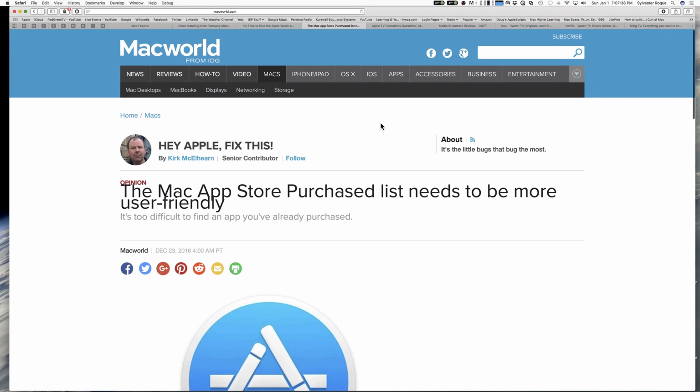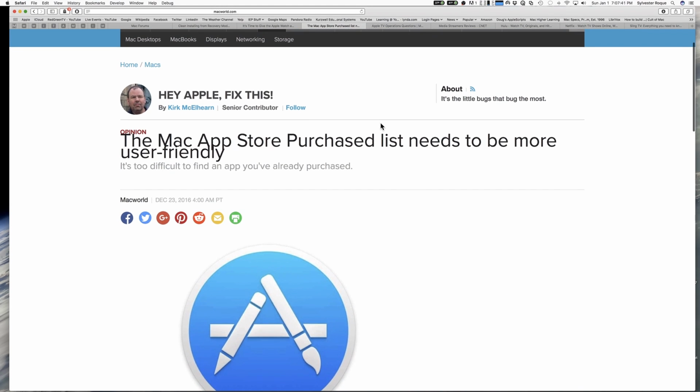And then also another one from Kirk, and this is from his Hey Apple, Fix This column. As you know, these columns periodically appear in Macworld. This one was from December 23rd, so just before Christmas. And the thing that Kirk wants Apple to fix is the App Store purchase list, making that list more user-friendly. Now, if you have used the App Store, you know that